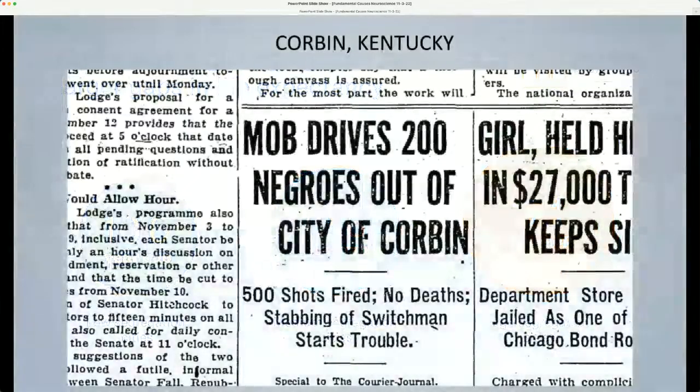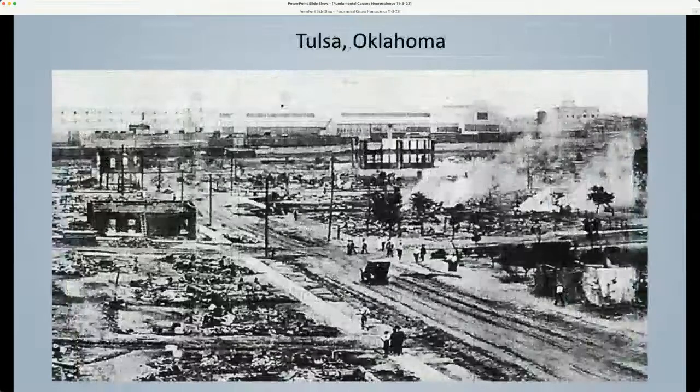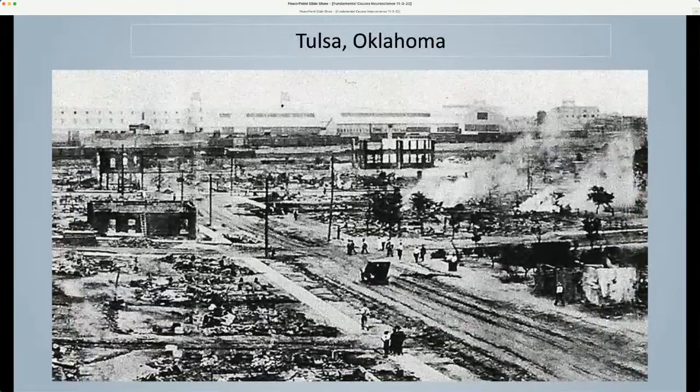Any pretext could be used to induce mob violence and force African Americans to leave their homes. This is Tulsa, Oklahoma, on May 31st, 1921. A white mob rampaged through some 35 square blocks, decimating the community known as Black Wall Street. Armed rioters, deputized by local police, looted and burned down businesses, homes, schools, churches, a hospital, hotel, public library, newspaper